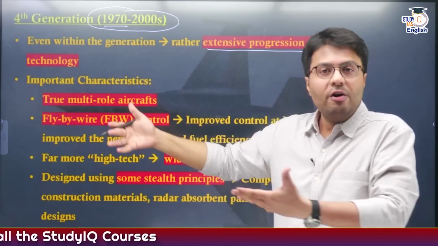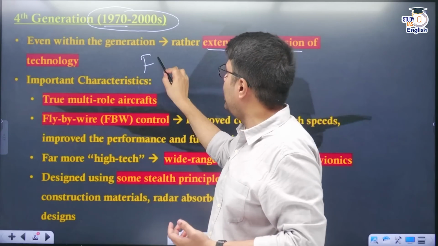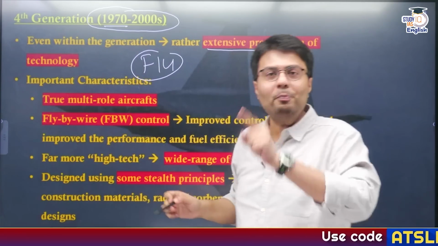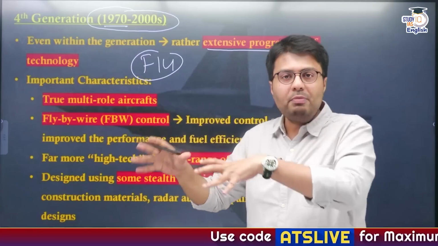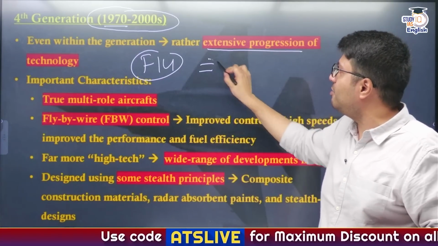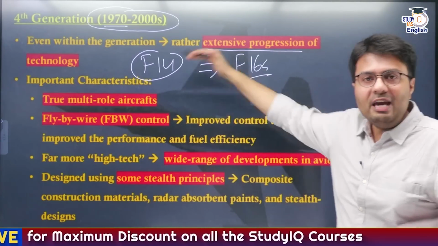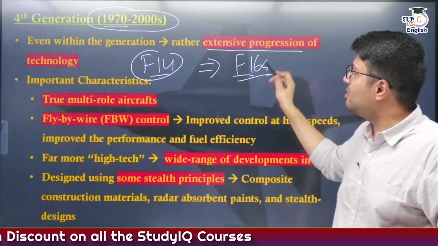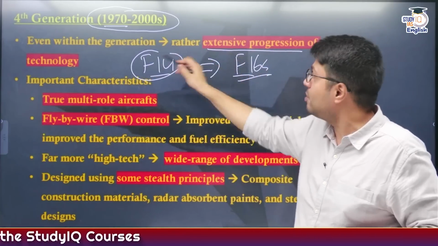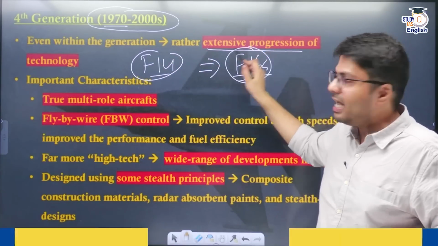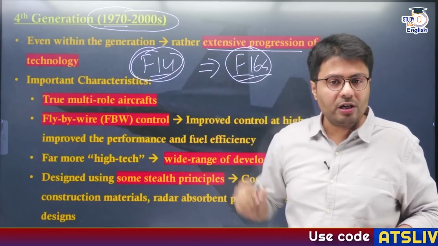So the earlier fourth generation aircraft like the F-14, which you saw in the first Top Gun, had lesser capabilities as compared to the existing fourth generation aircraft like the F-16s, right? So even in a similar generation, you can see there is a very high difference between the capabilities of current aircraft and those of earlier fourth generation aircraft.